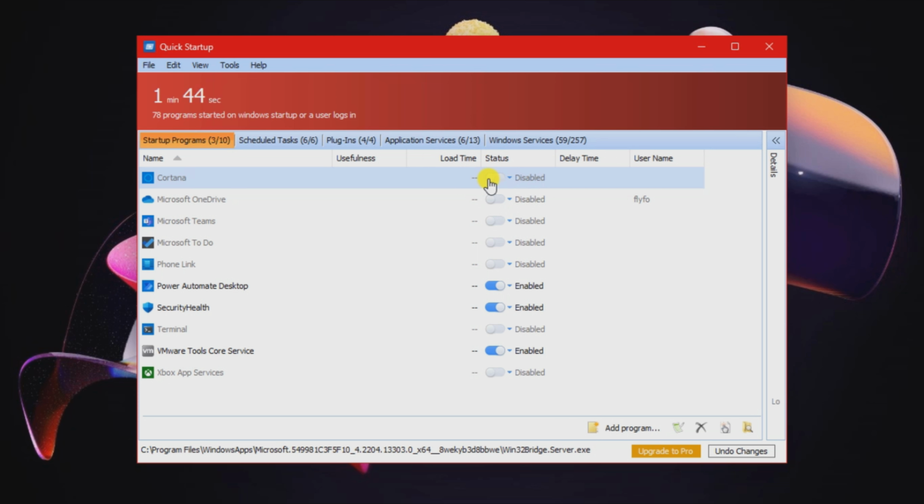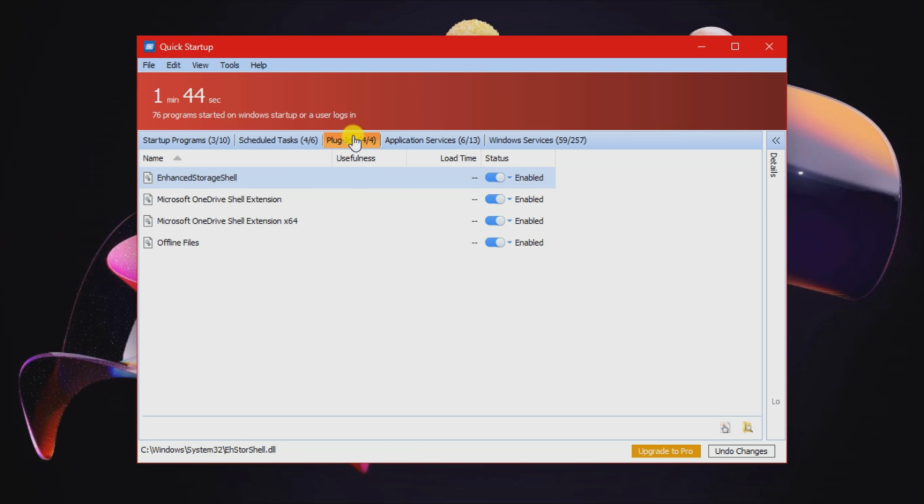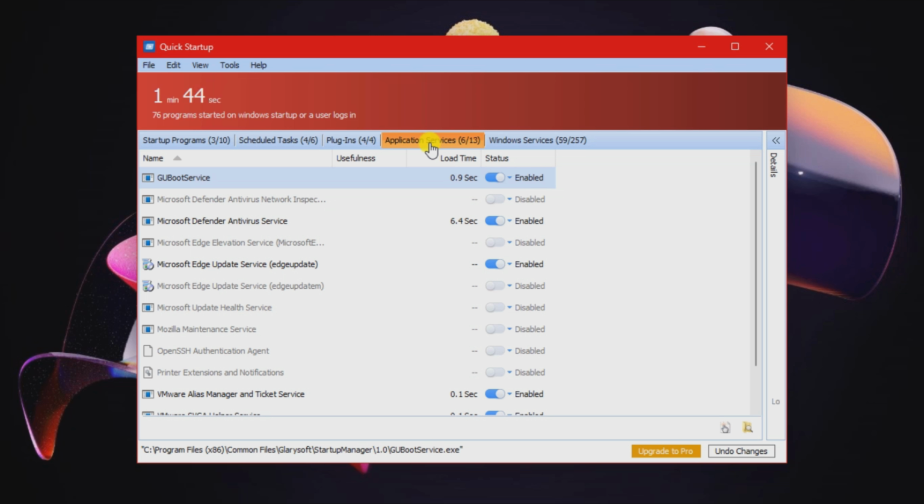If you select a program, you can access the context menu to disable the entry, start it immediately, open its folder and view properties. But you can also add a new program, by setting the name, path, and startup folder or registry location, edit or delete an entry, search for it on Google, as well as export it to a